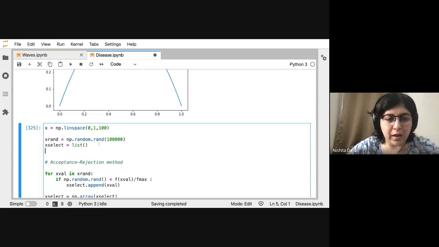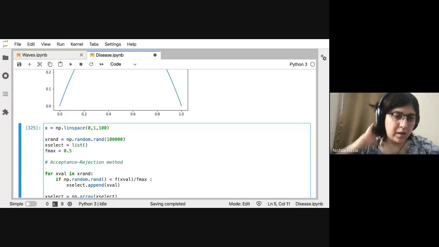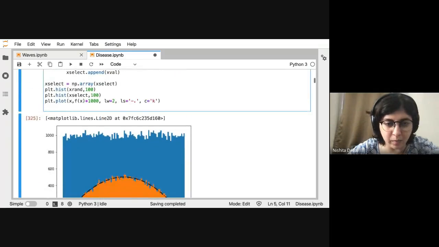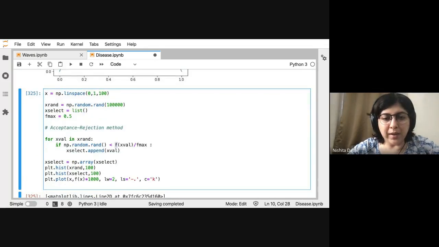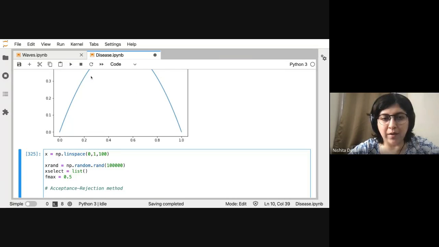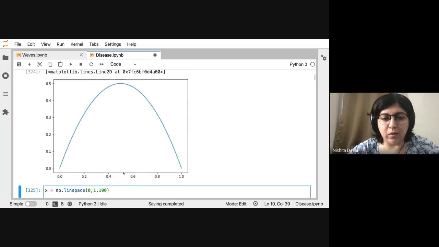Okay. So in our case, let's say f max is 0.5. So the plot is going to look a bit different now because the normalization changes, but let's do this anyway. So you can see that f by f max is the probability of getting any number that you have, right? So that is what I said. So if you have 0.5, then the probability of getting 0.5 is 0.5 by 0.5, that's 1. So if you generate 0.5, you're always going to accept. If you generate 0.2, then some of them you're going to have to throw away. Only some of them you're going to accept.